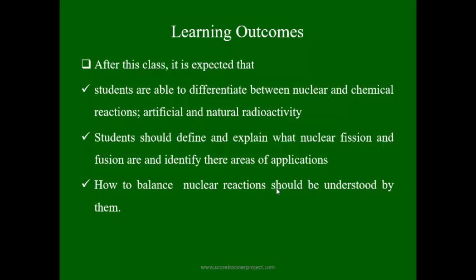We also examined the half-life of an element, where we said it is the time it requires for half of the element to degrade away. So today we are going to build further on what we have known about the topic,